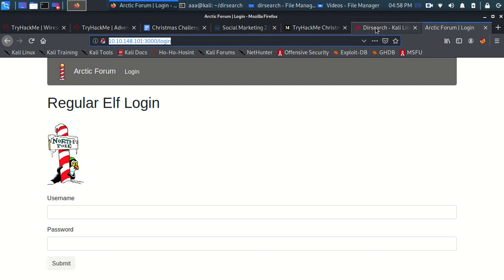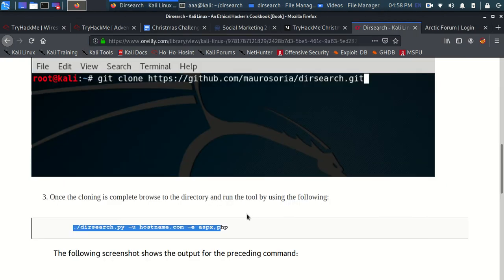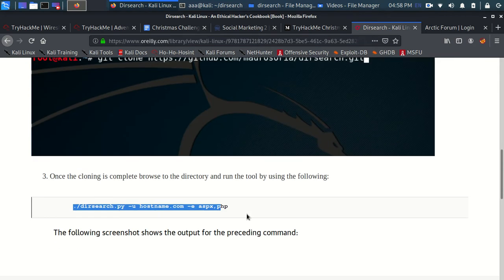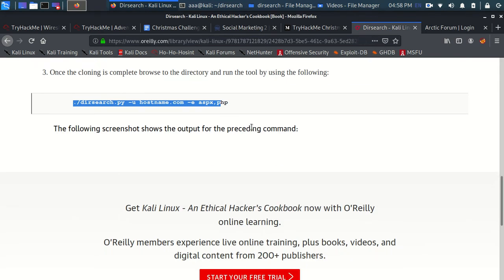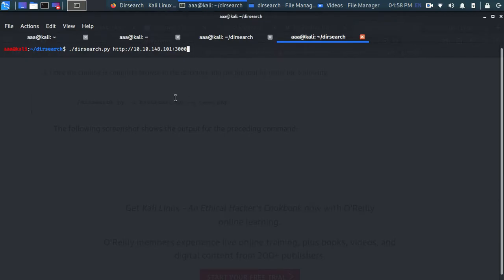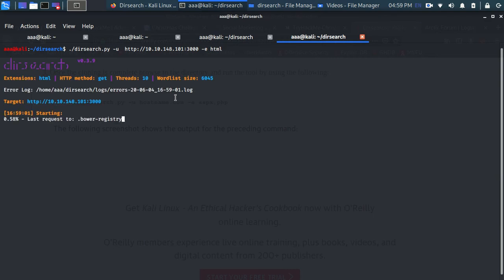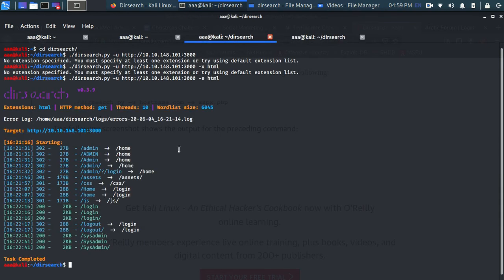You can use Gobuster, or you can use this tool, or even dirb, but fine, I'm going to go with this: -u for the hostname and -e for the file extension. So I'm going to write -u in front of the hostname, and -e is the file extension. I'm going to write html, as we are going to look for all types of pages. As you can see, it's running, and once this is over, you will see something like this.